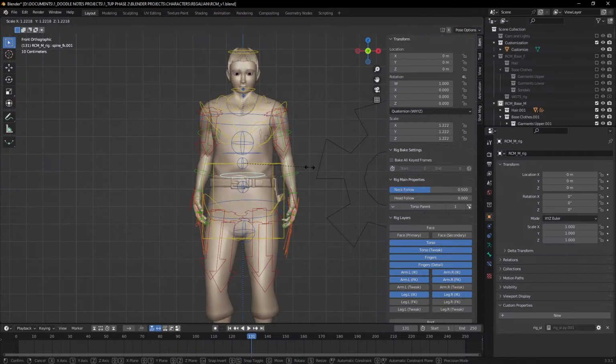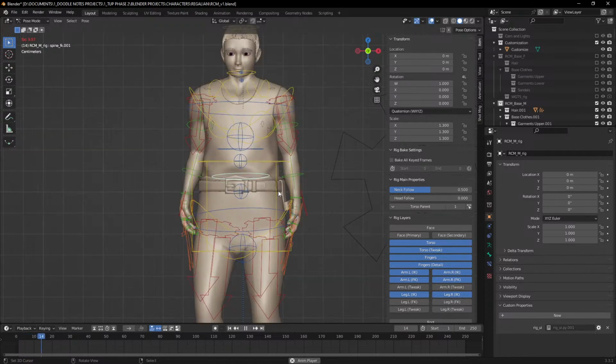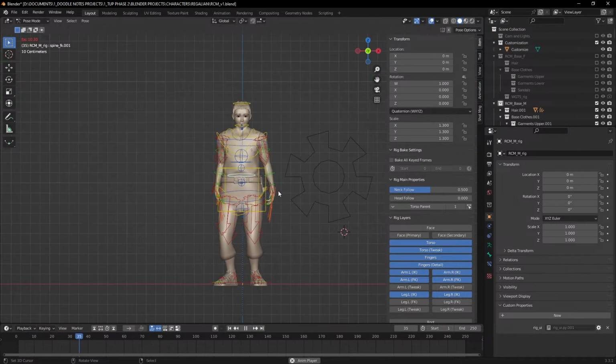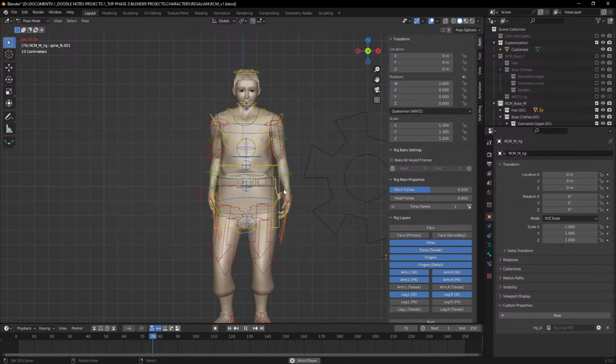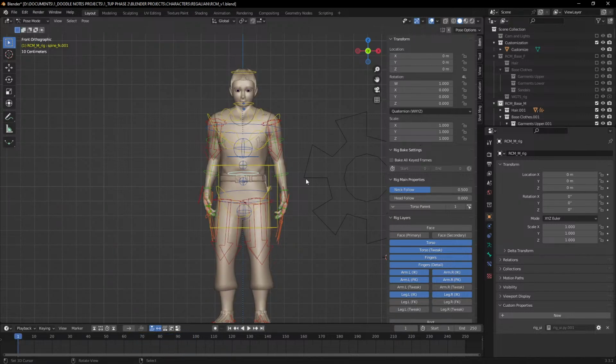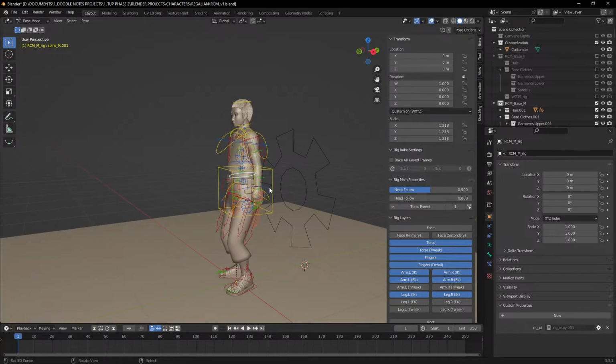If the waist is bigger, everything else should go down as well. And if we just play this, it would still have the idle animation. The idle animation still works, but now he's slightly